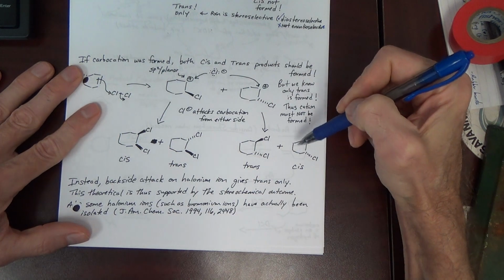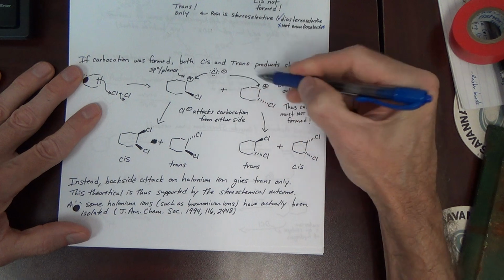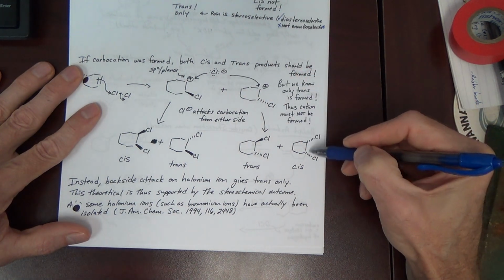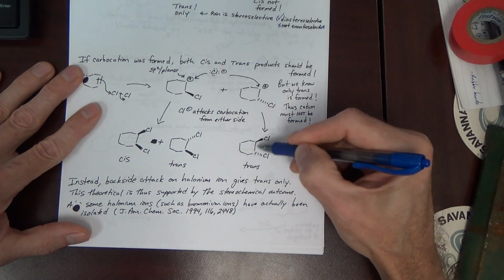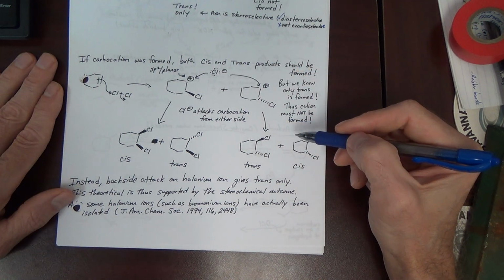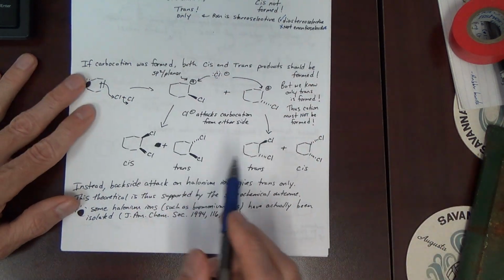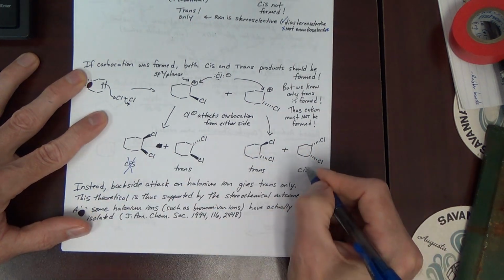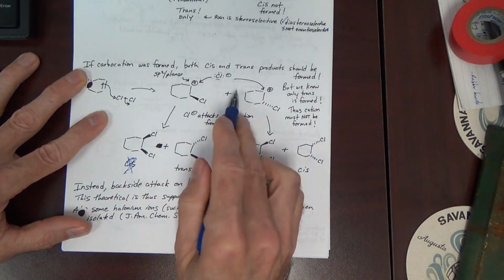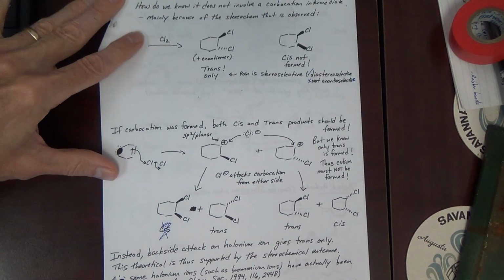We also get cis or trans from this intermediate. The chlorine is down and this one attacked down, we would get cis. If this one's down and this chlorine attacked up, we would get trans. All right? But we know we get trans only. All right? Well, I don't want to mark these out because in this scenario you would get cis. And of course we get trans only because